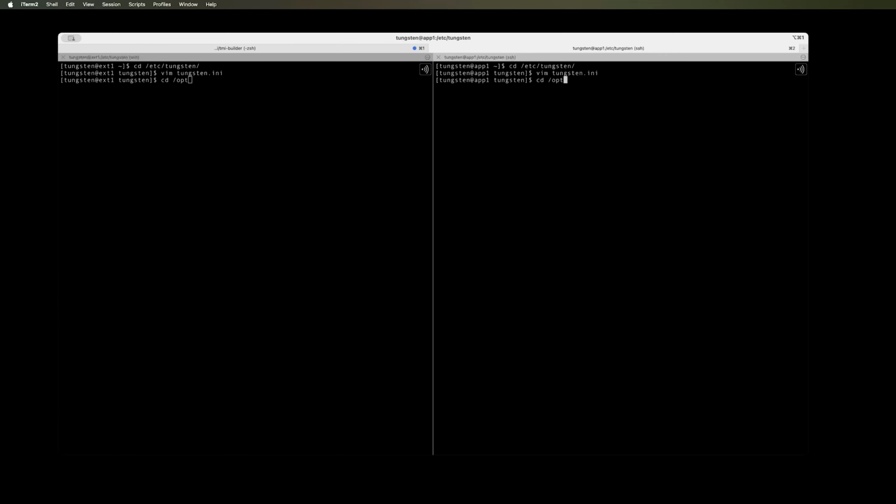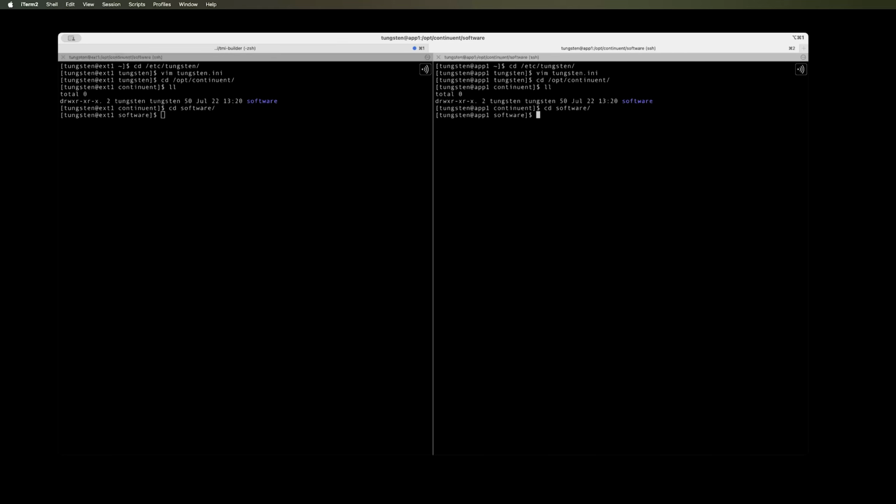And then we have in opt continuent, which is our install path that we specified in our configuration file. At the moment, we just have a software directory, and in there we have the tar file that I've downloaded. When you download it from the Continuent website, this is where you would copy that file to. This location is what we refer to as the staging directory, and it's where you would store the tar files for any updates, future updates that you do. We're going to extract that file,